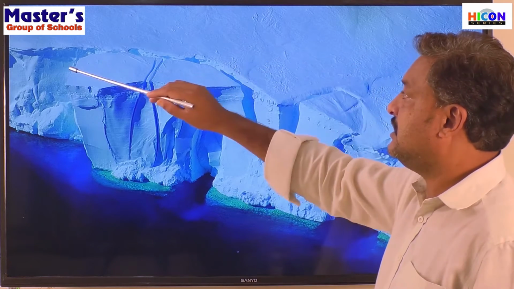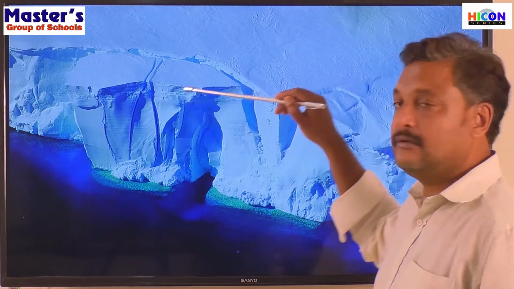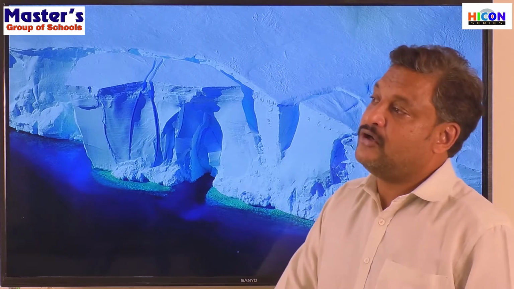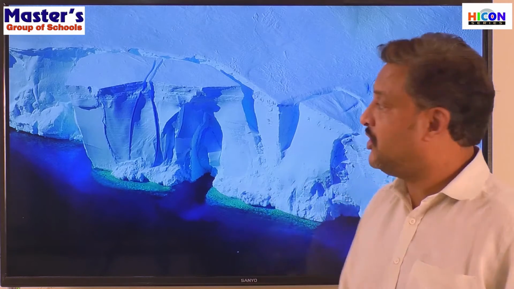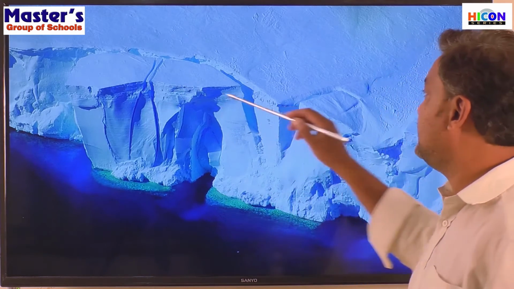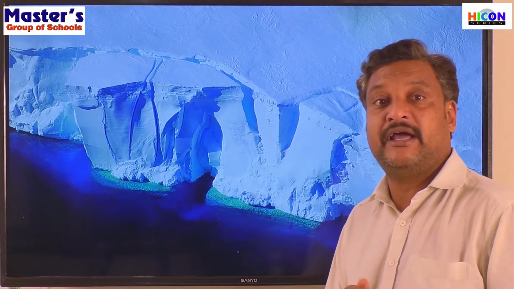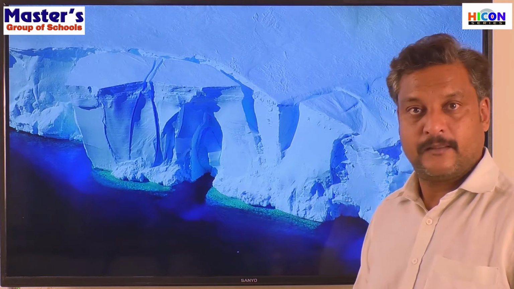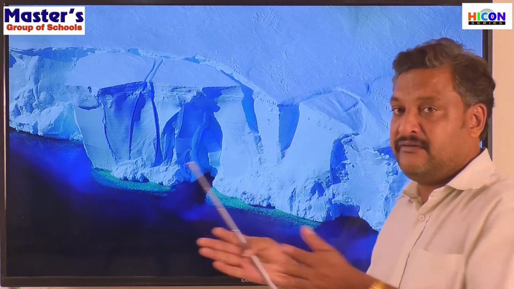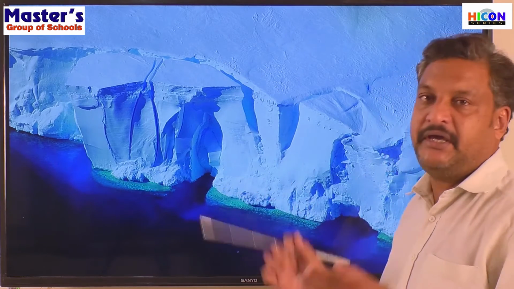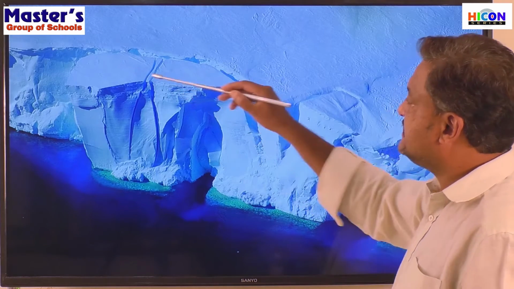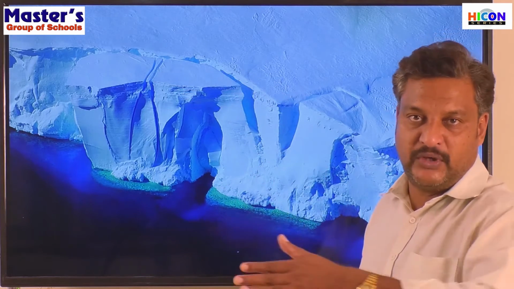Okay, and see, these are the ice caps. Ice cap means a 2 to 3 kilometers thick layer of ice that is seen on the Greenland land area. On the ocean sides also we can see huge ice caps, and sometimes what happens is these ice caps break. Okay, they are called ice calvings. So these ice caps break away, and these pieces of ice will start to flow in the water